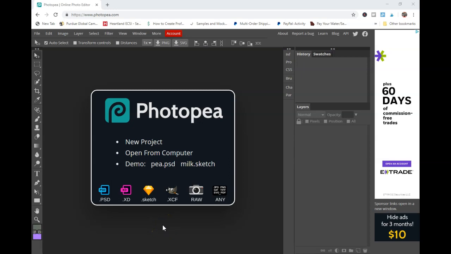Hello Internet! Today I'm going to go through a quick tutorial on Photopea, which is an online photo editor, and how you can create seamless patterns or digital papers with the program. Now most digital papers you see are a 12-inch by 12-inch seamless pattern. So we're going to go ahead and show you how you can create those right in here, which is a free product